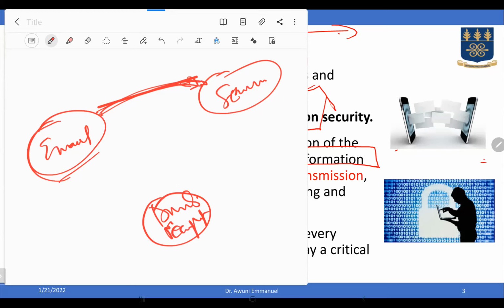So me, the recipient, trying to access another information from the server, I can't get access because of the email. Let me explain this. With email technology, it uses the IP address. The email addresses are all in a certain format. They are IP numbers, unique numbers. Before you can send an email from your system to another system, you need the IP of the person you are sending the email to. So that is the email address.